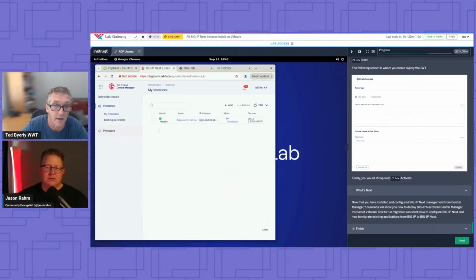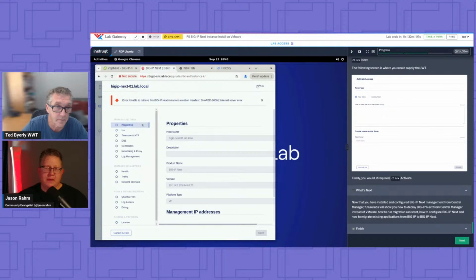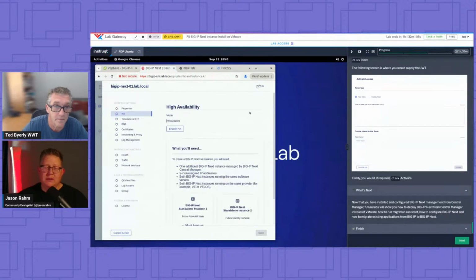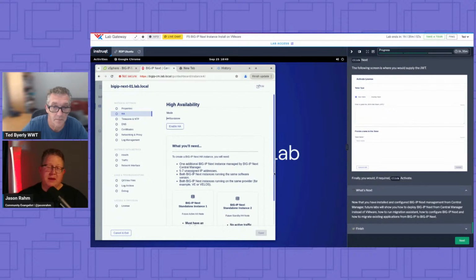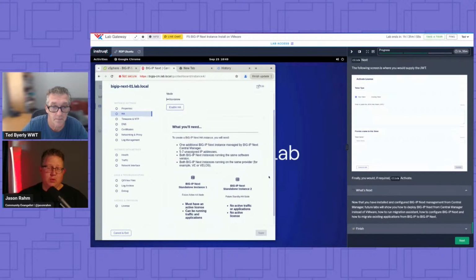Yeah. All right. So we go into the instance and then go to the HA tab. Beautiful. In Big IP Next, an HA system for active standby is considered one unit. Central Manager treats it as one completely, and so there's nothing that's active on that other instance that you can monitor.